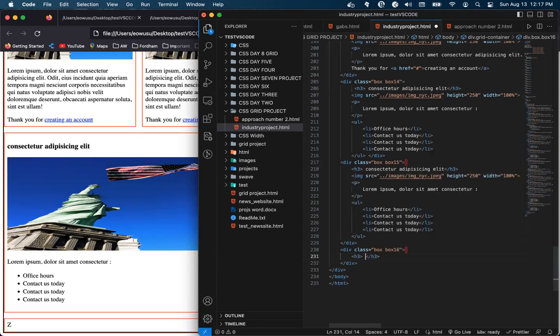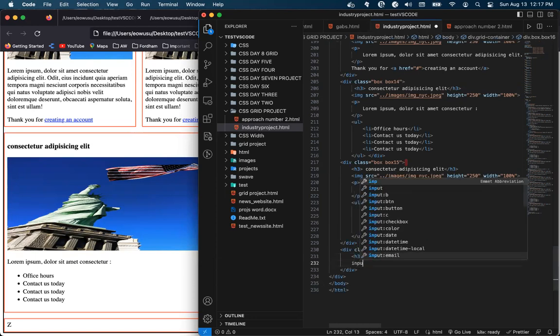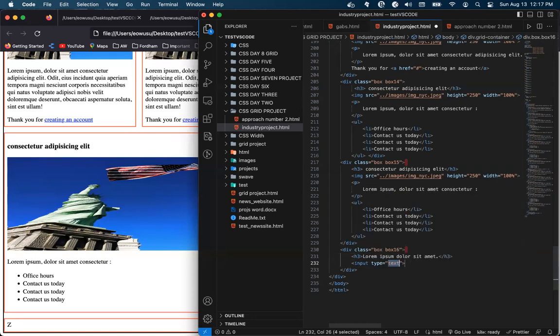H3 here. So lorem 5. And then I see we need an input tag of type radio button. You have checkboxes, but that is a radio button. You can give it a name too. Name equals